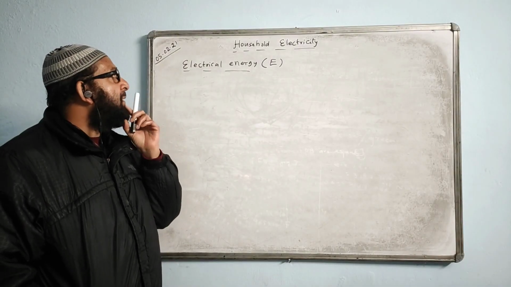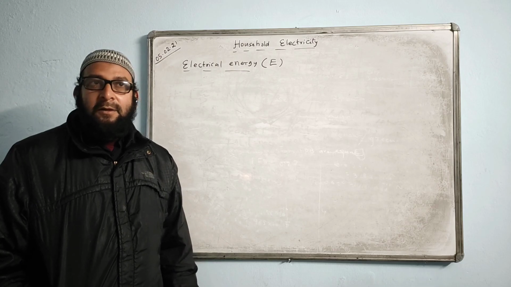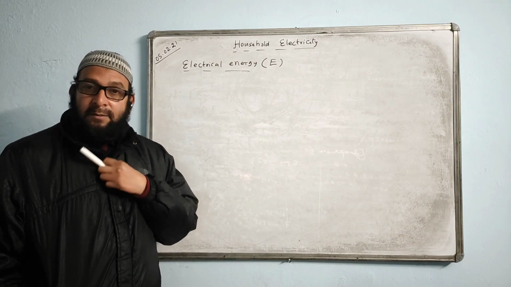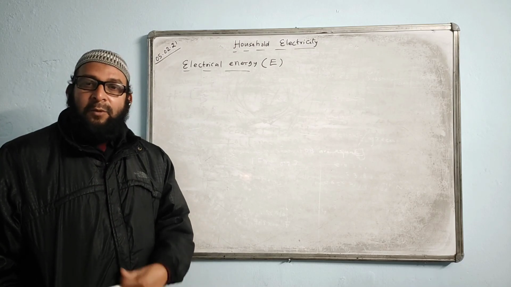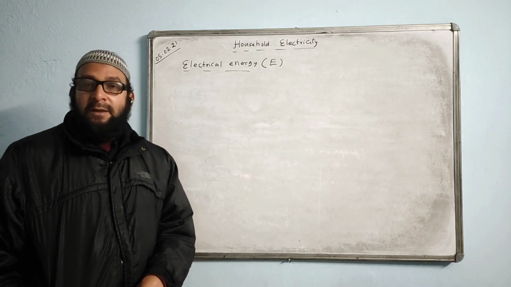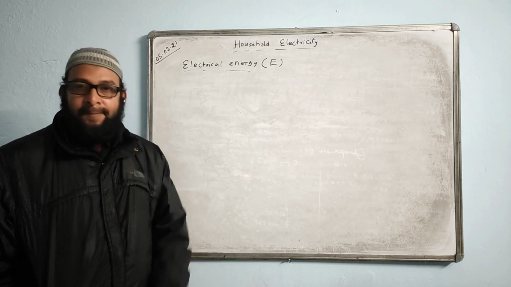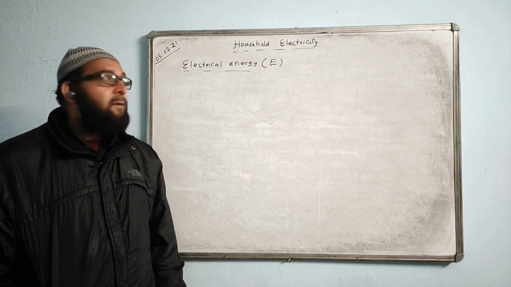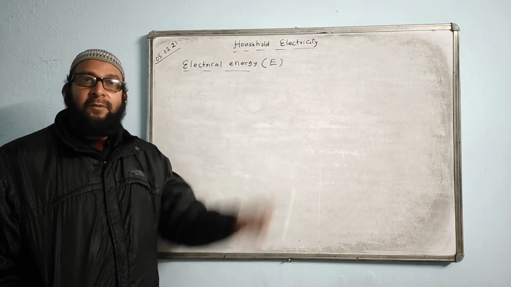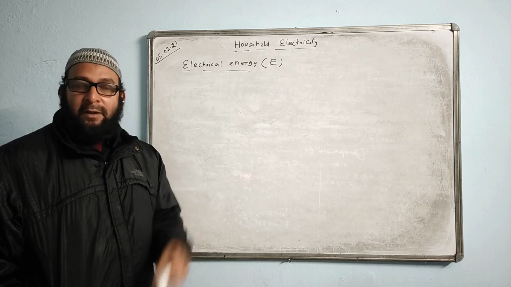There is also electricity. The first point we have to know is electrical energy. We say electrical energy is the most desirable form of energy. Why is it the most desirable form of energy? Because electrical energy can easily be converted into the other forms of energy. We have many devices where we convert electrical energy into other forms of energy. All our things of convenience are mostly electrical based.